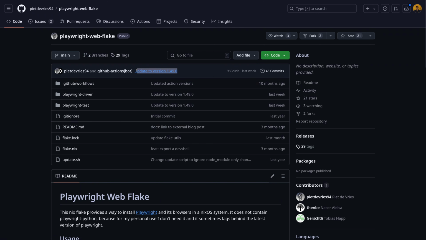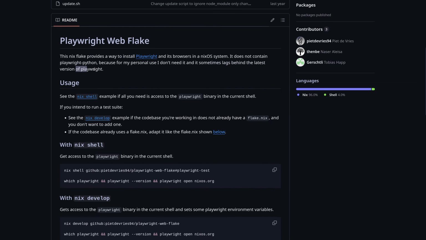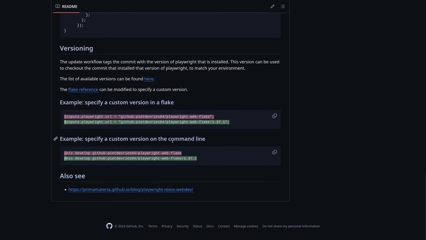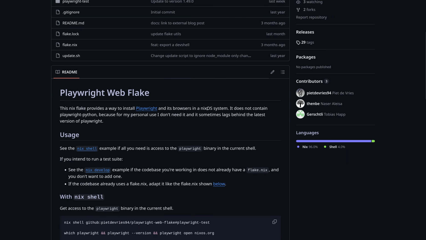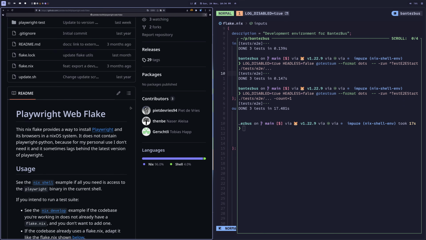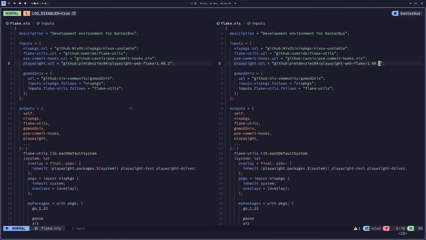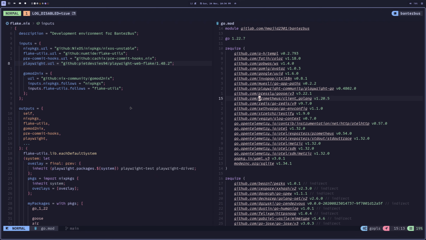And so you can see last week they've updated to version 1.49.0, and it just gives you a bunch of instructions how we can set up Playwright with Nix in our Nix Flakes. So you can take a look at that and follow that if you'd like. I'll show you very quickly how I've done it. So I've added Playwright, so that project I just showed you, with a specific tag here. So I'm using 1.48.2, and that tag basically matches what I have in my Go mod file. So you can see here roughly that's the same version of this